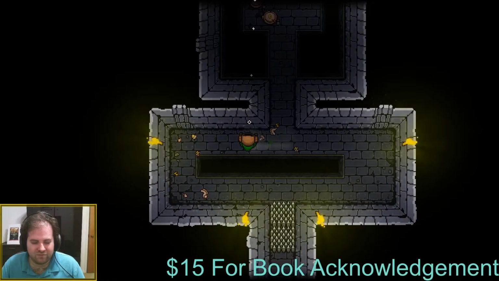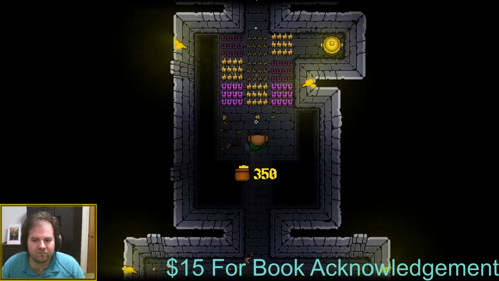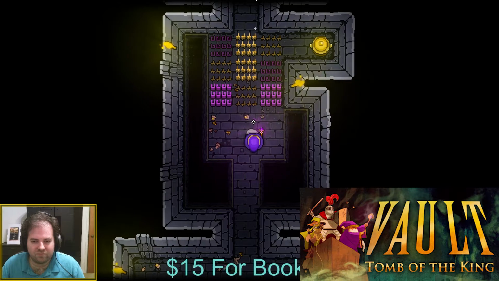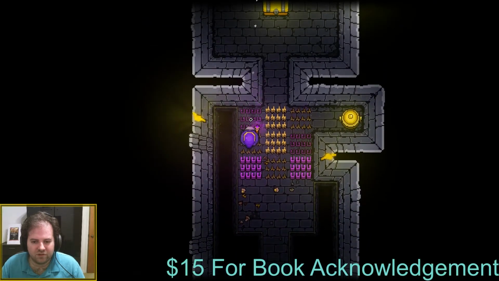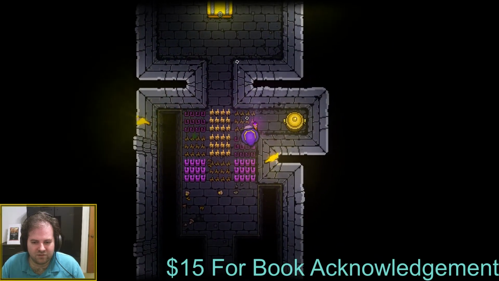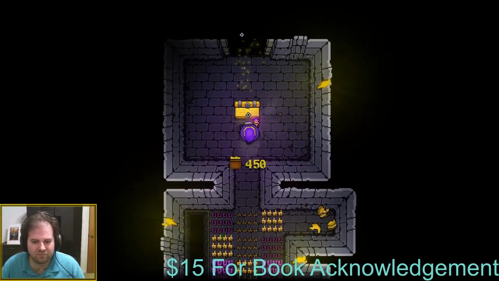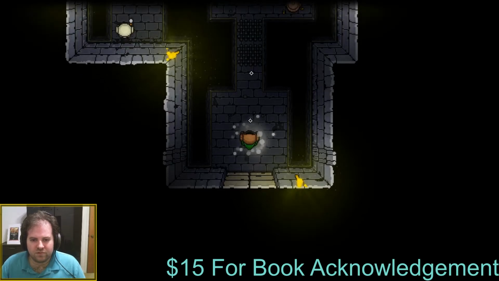For our next game, we have Vault: Tomb of the King. And this was a demo that we played during the Summer Festival that I really enjoyed. This is a kind of top-down Lost Vikings-esque puzzle action game. If you've played games like the Lost Vikings, Twin, and so on, you should be familiar with the concept. You have 3 characters that you can swap to at any time, and you'll have to